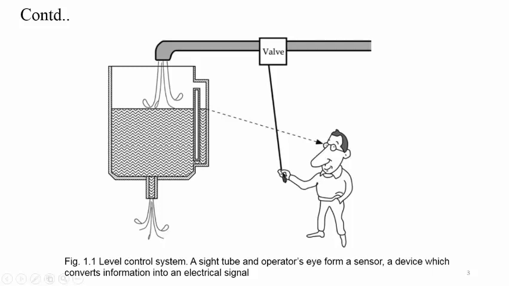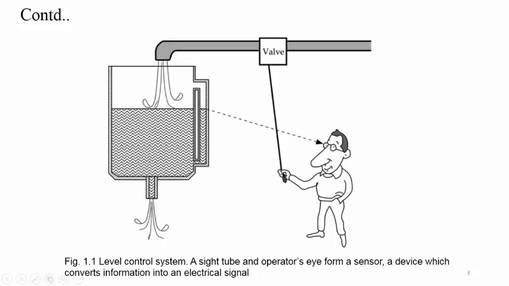In this arrangement we can see the side tube is helpful to identify the actual level of the liquid available in the tank, and the operator who is monitoring continuously can see how much is the level of the liquid in the tank. So depending on the minimum and maximum liquid level in the tank,